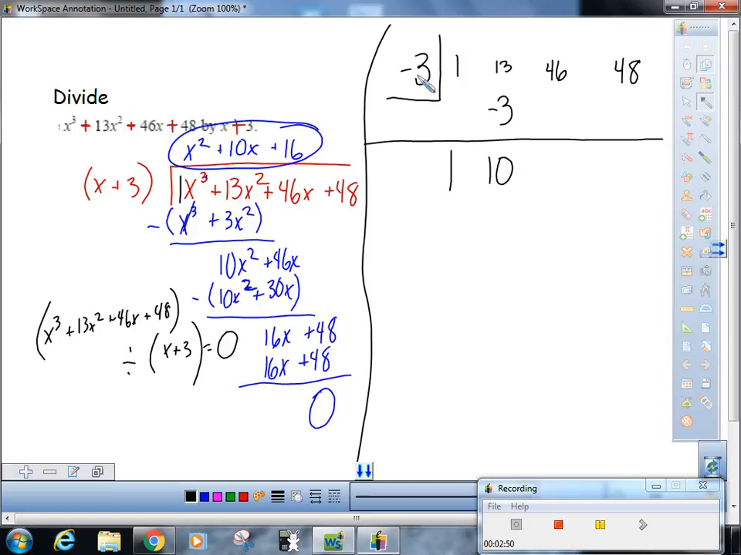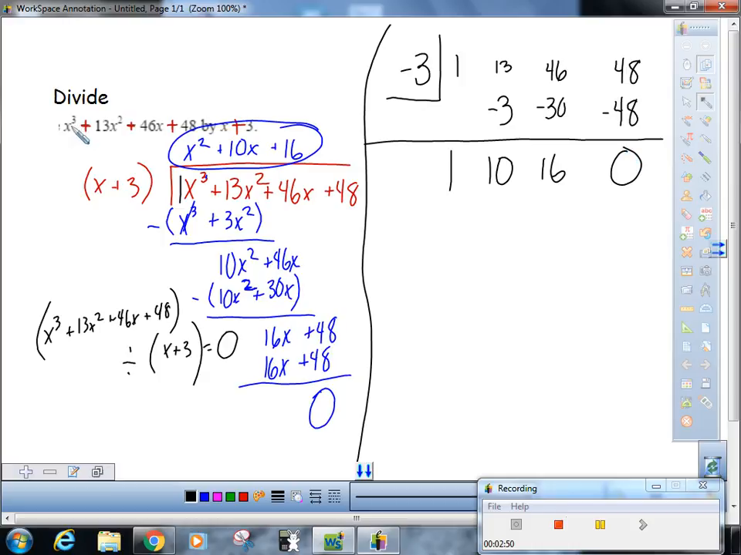Negative 3 times positive 10 is negative 30. 46 plus negative 30 is 16. Negative 3 times 16, negative 48. 48 plus negative 48, 0. Since our